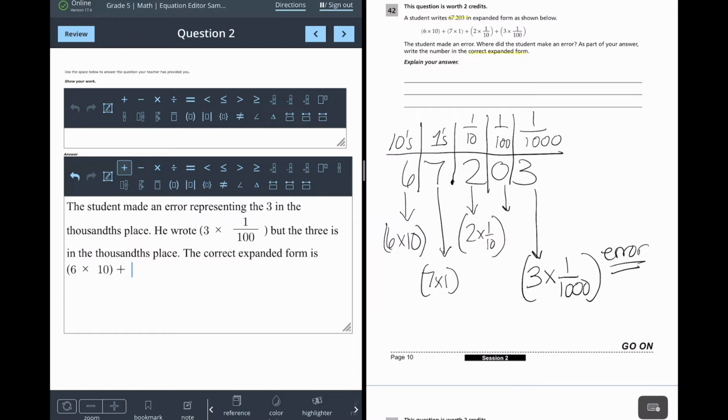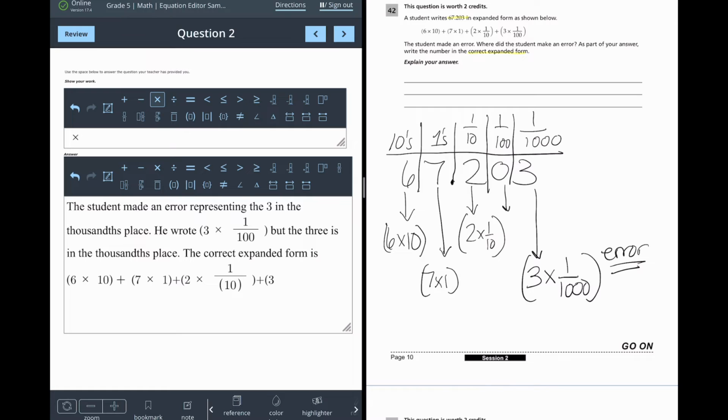Plus 7 times 1 plus 2 times, and again, this is where practice helps, 1/10 plus